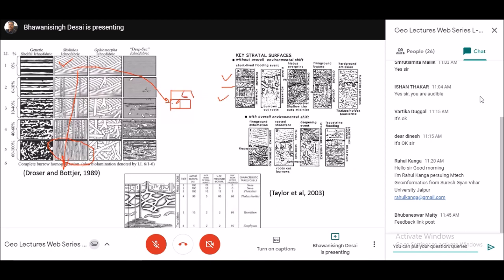What will it mean? It will mean that here my energy condition was very high. It was not suitable for any organisms or animals to survive. And then the overlying sediment was very good, with a lot of organic matter. So these kinds of micro things we can interpret. Second aspect of this is understanding the tiering position. Okay, this is a very good thing.